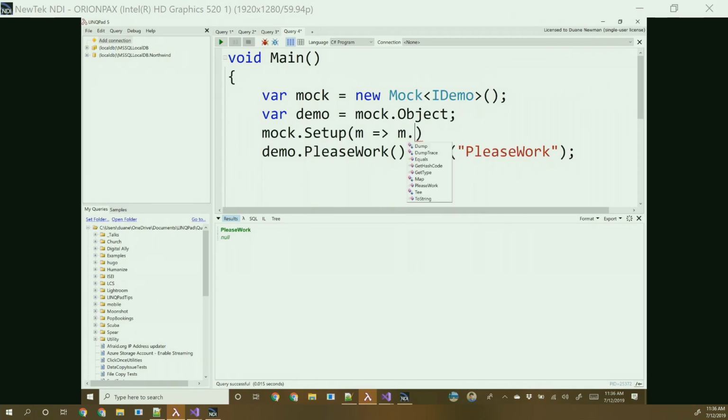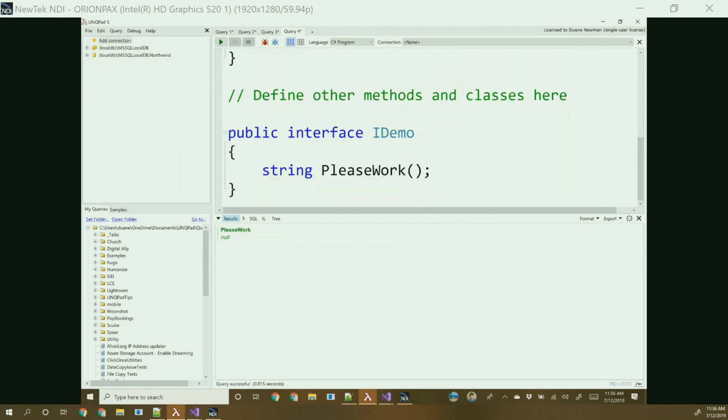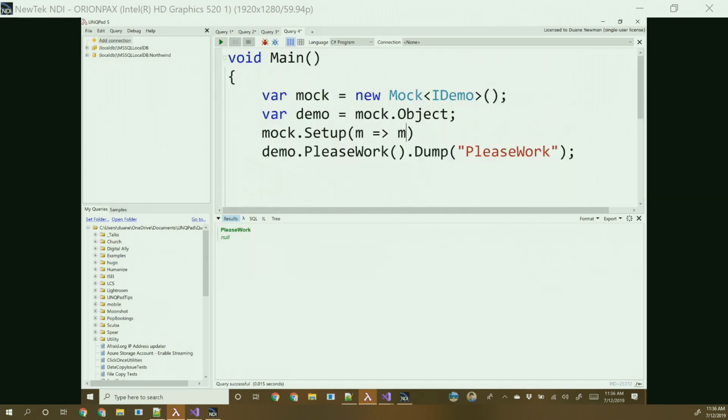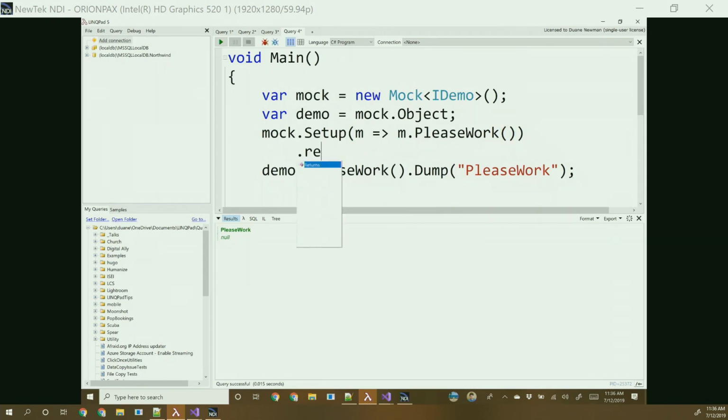Oh, it's a method, not a property. If it was a property, you would see that. But you can come in here and set up the PleaseWork call. You can set up the return, just test. So we can see now my result coming back out of it now was